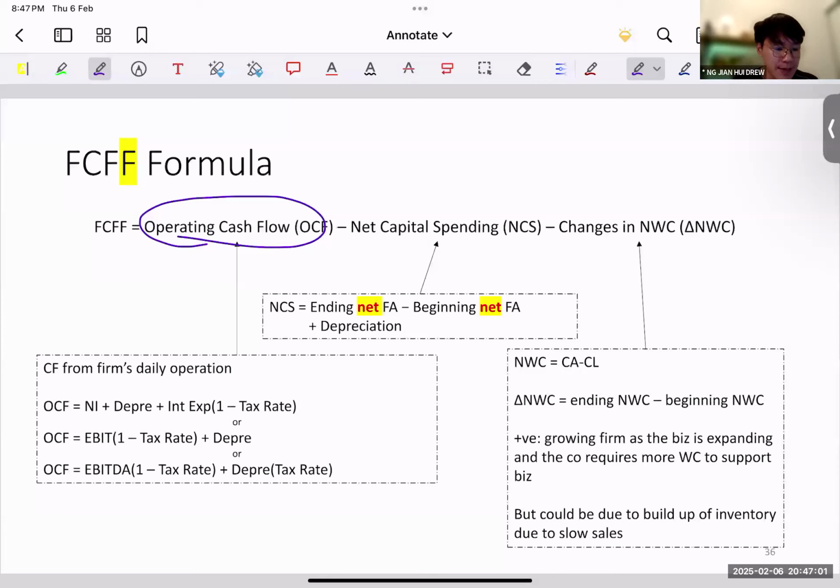There are three derivations. We start off with the highest level, which is your net income. So to your net income, you add back any non-cash item, because depreciation is non-cash. Depreciation is an expense, and you add it back because you don't want to consider it. It's not a cash item. So you add it back because